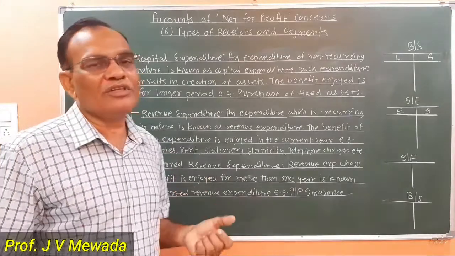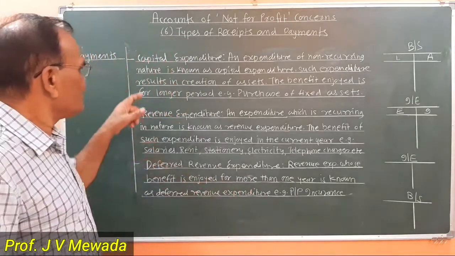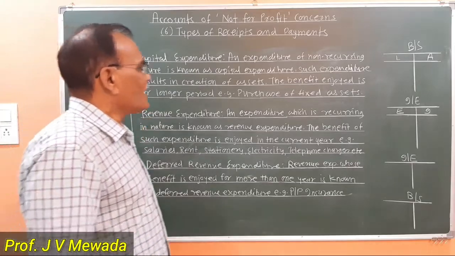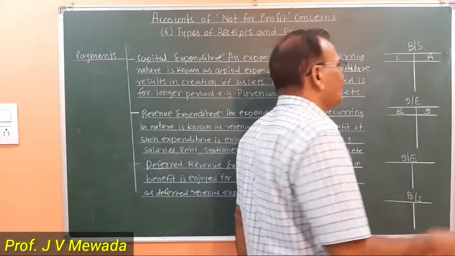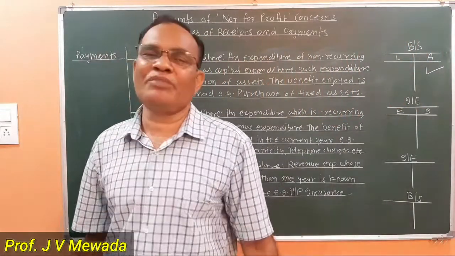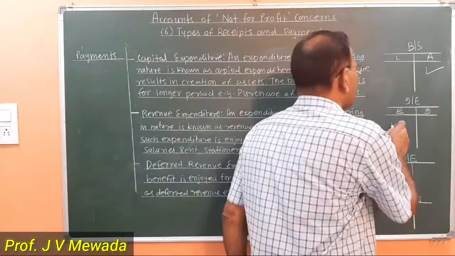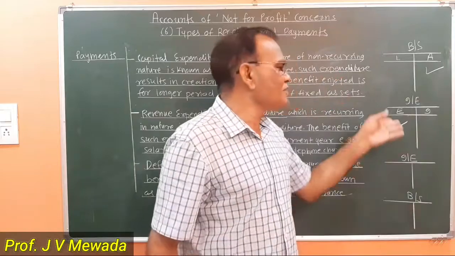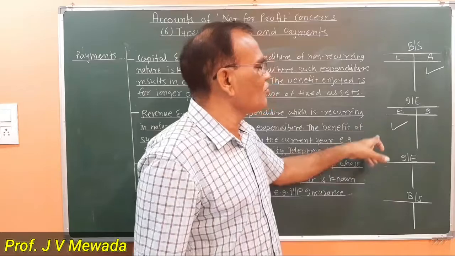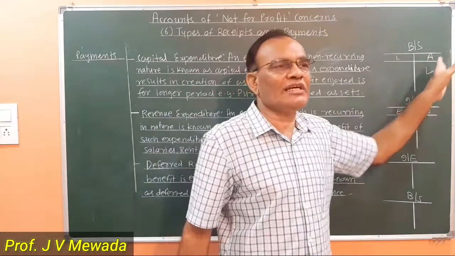You cannot have a control on this. You have to spend this. So that is a basic difference, capital expenditure and revenue expenditure. Now, capital expenditure appears on the asset side. Purchase of asset means on the asset side it appears. And revenue expenditure appears on the expense side of the income and expenditure account. This is the expense side. So rent, commission, interest, whatever expenses are there, that we are going to record on expense side. And whatever assets we are purchasing, we are recording on the asset side.